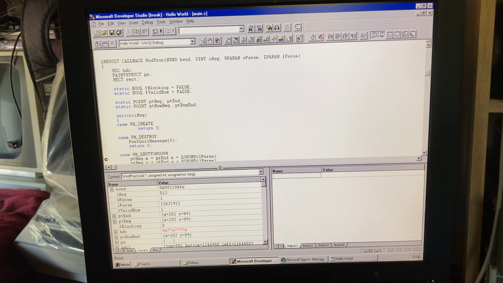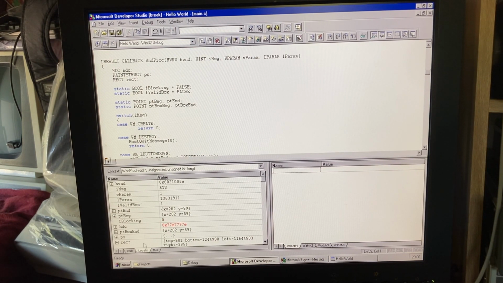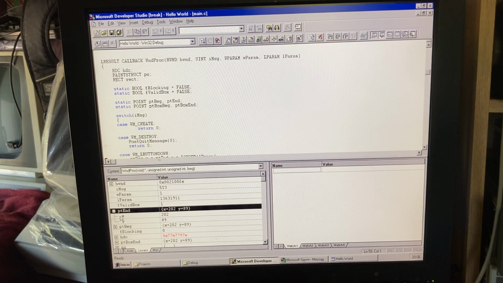We can inspect the local variables, for example, the begin and end point. The point is a Windows structure that stores X and Y coordinates. And take a look, some curiosity about how to get the